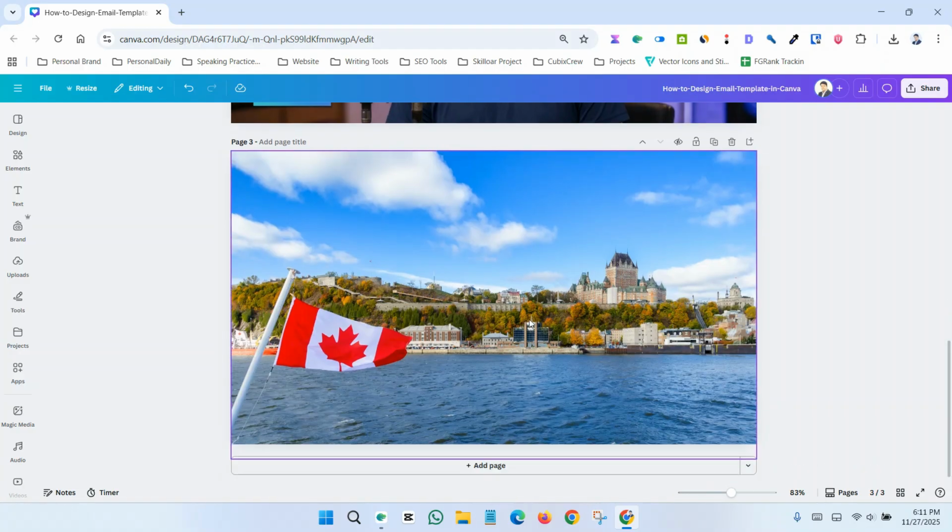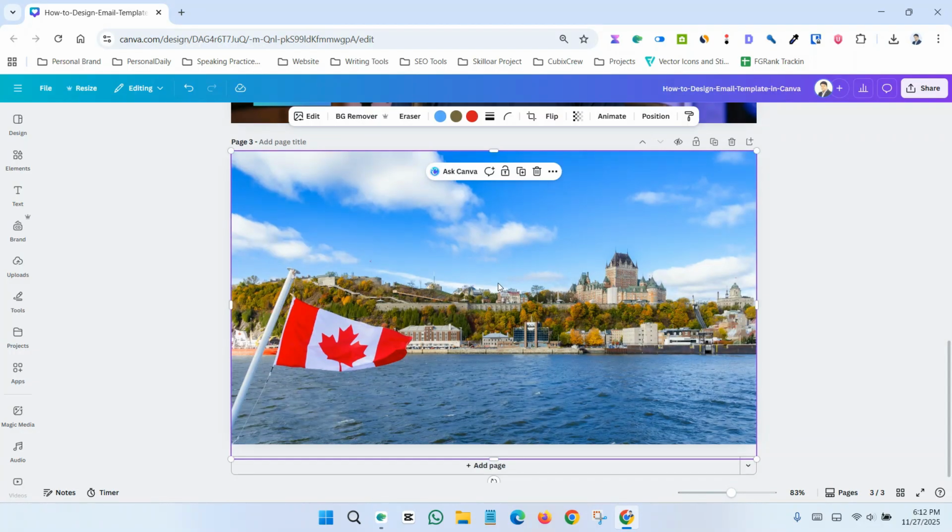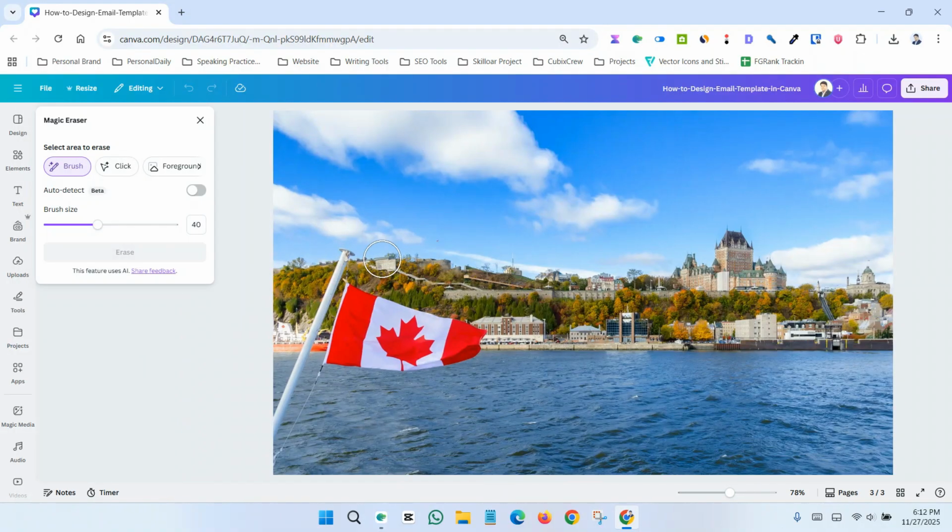So now let's try in this image. Again, click here and click the erase button and click Magic Eraser, and now select your brush size. Let's say this is the brush size, and I'm marking the object which I want to remove,